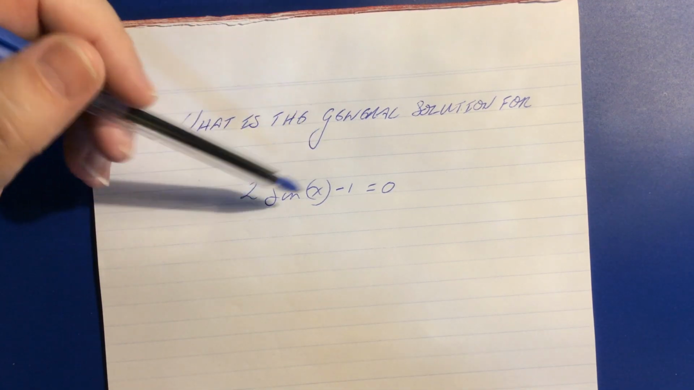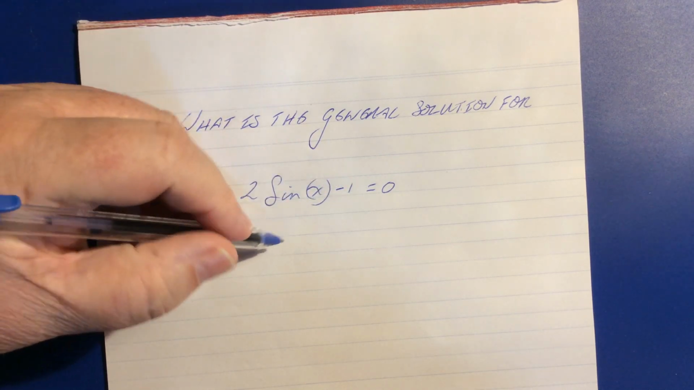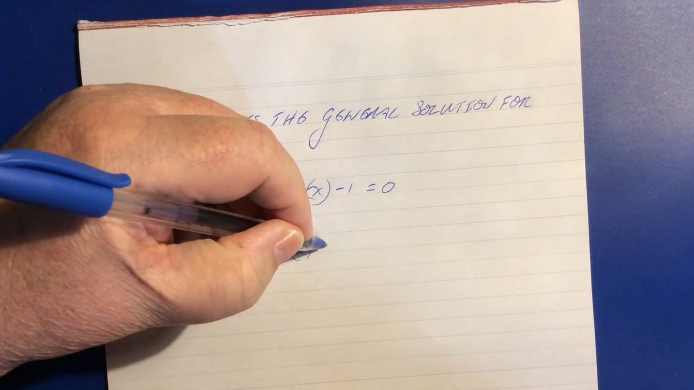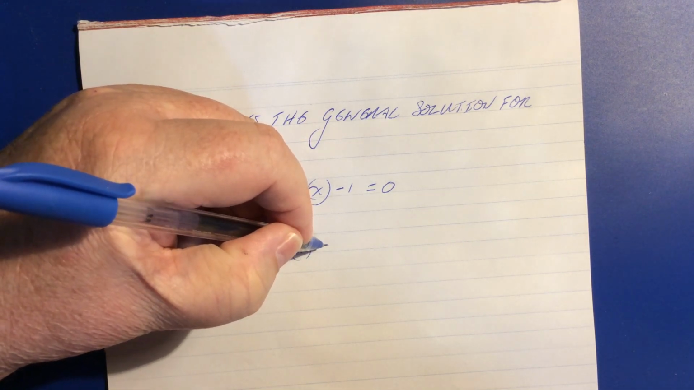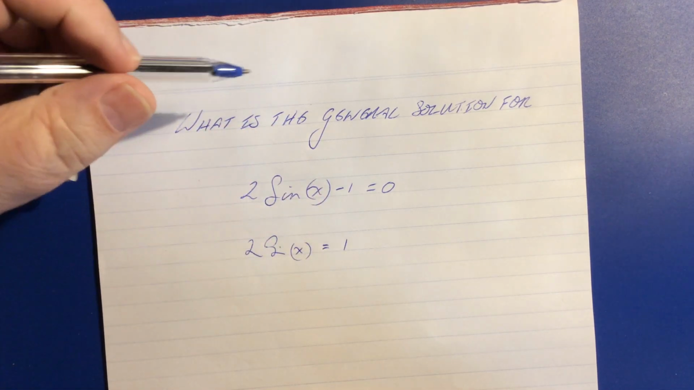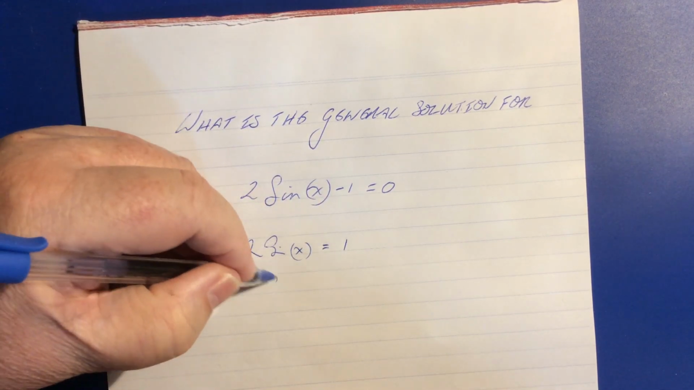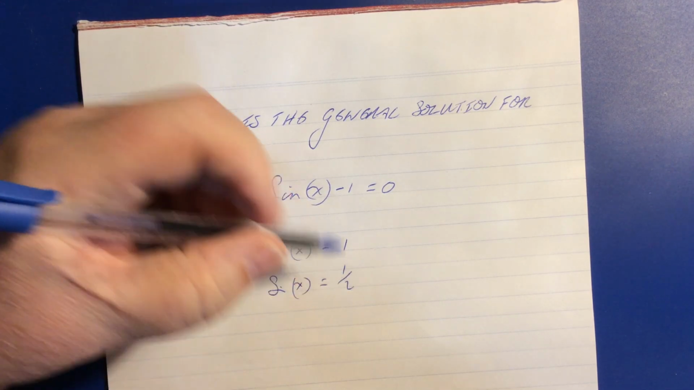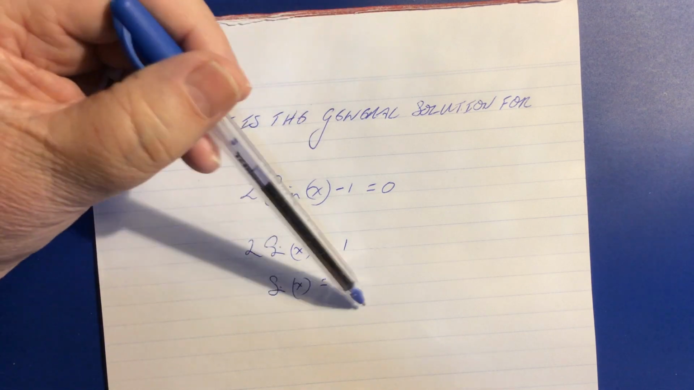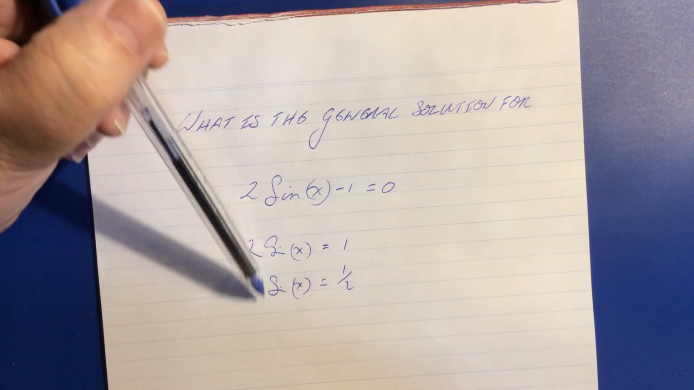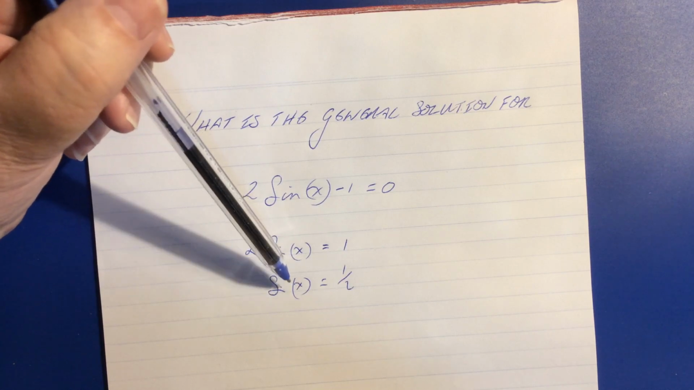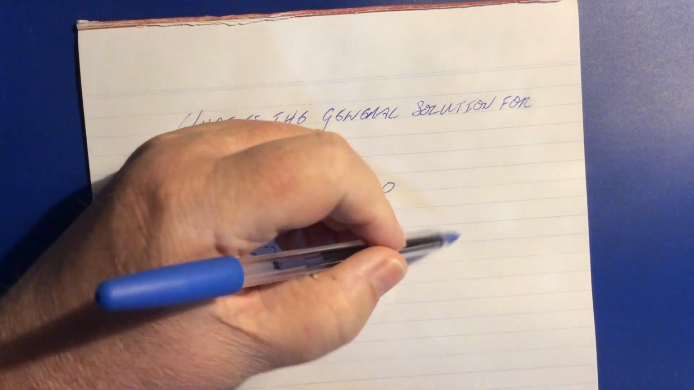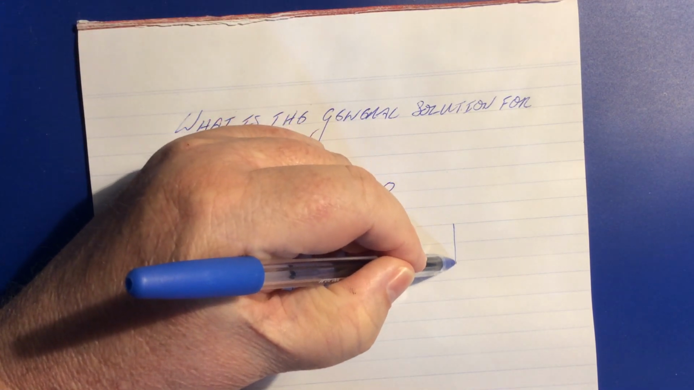Now, the first thing I need to do is to rearrange this slightly. So 2 sine of x equals 1. Therefore, sine of x is equal to 1/2. Now, having got our expression into this form, we go looking for where the sine of x is equal to 1/2. And that requires us to